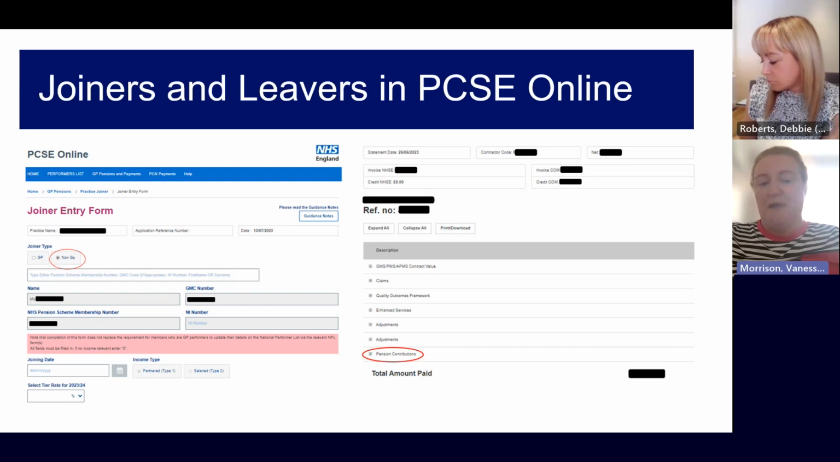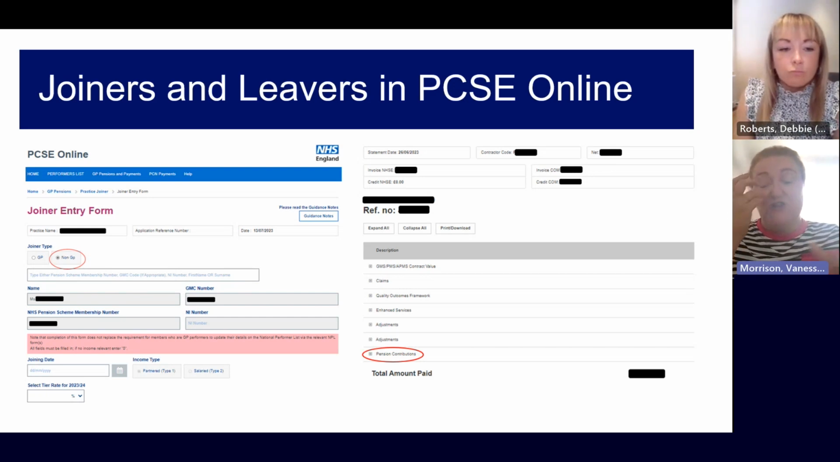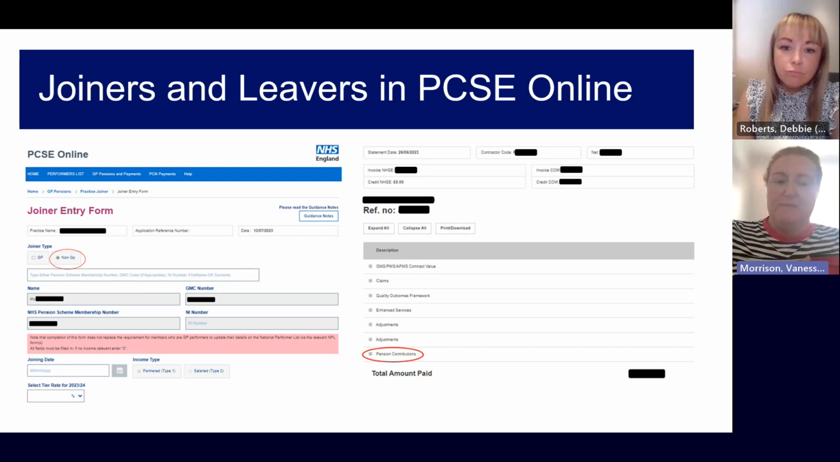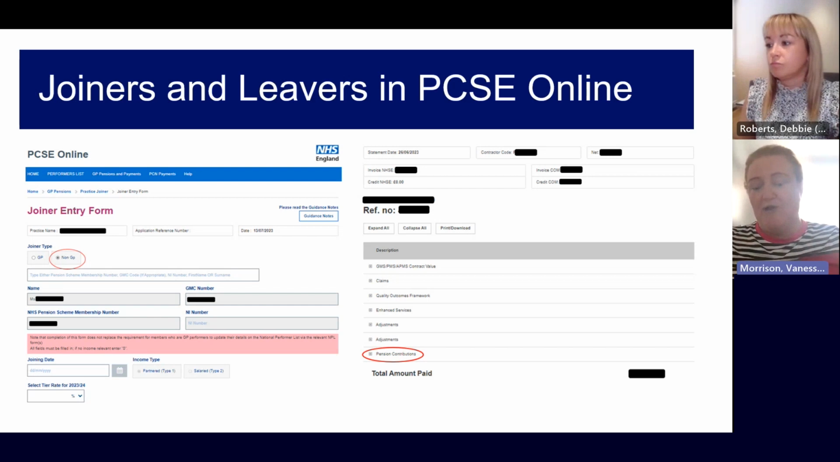If you tick non-GP, you could start typing the name because obviously a non-GP partner is not going to have a GMC number. So you'd start typing the name in and it will pre-populate with people at your surgery who've got the non-GP role and who are in your surgery. If you click on GP, you can enter in the GP's GMC number and it will bring up all the